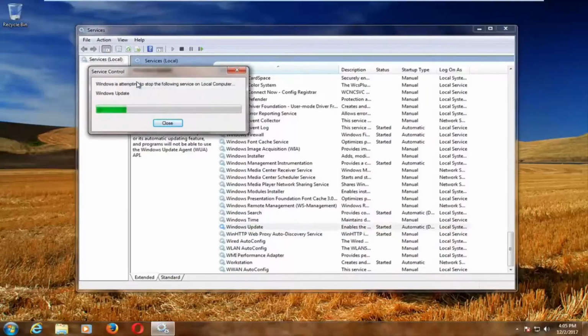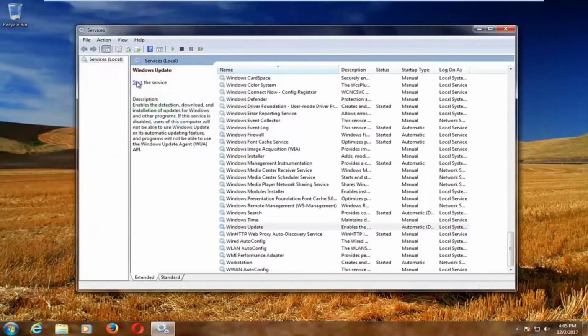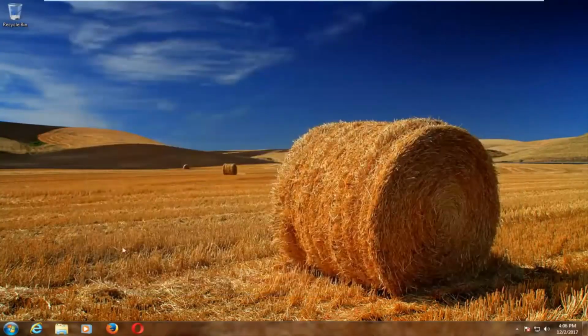Should take a moment here. Please note we're not permanently disabling either one of these. We're just turning them off until we restart our computer, because we're going to be clearing the Windows Update cache. So just be patient. Once you've done that, we're going to close out of the Services window, open up the